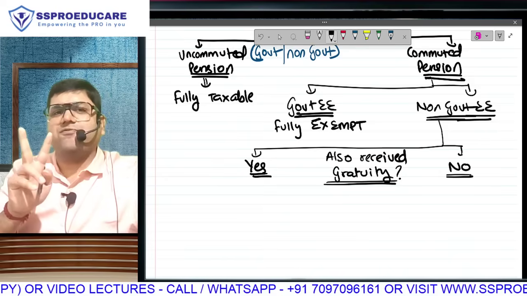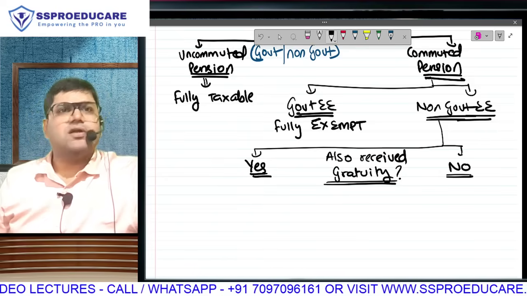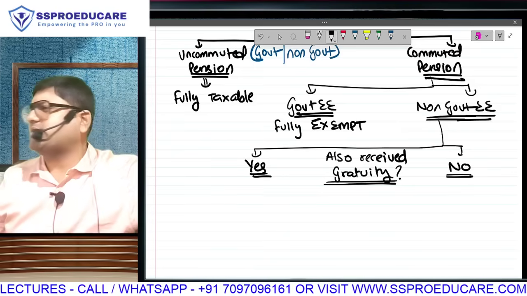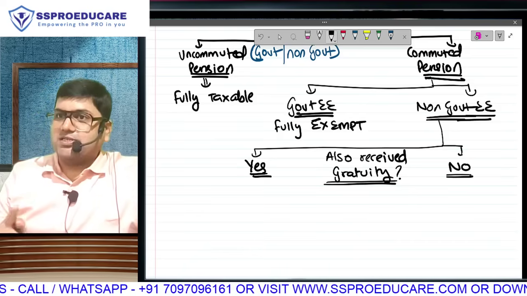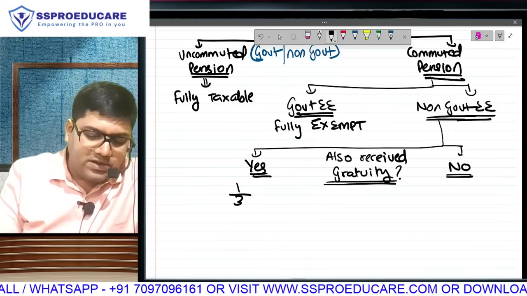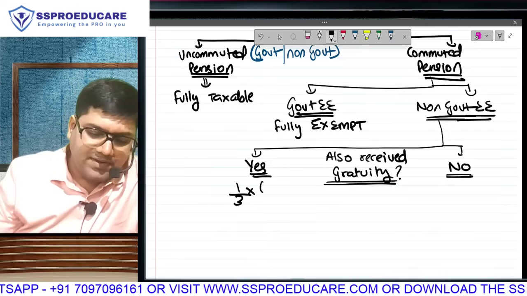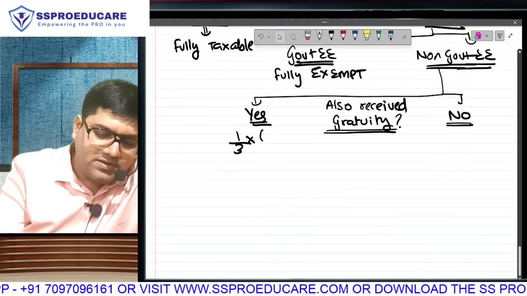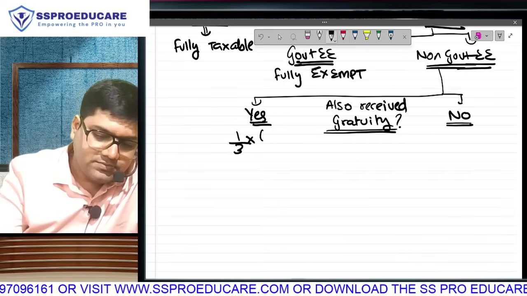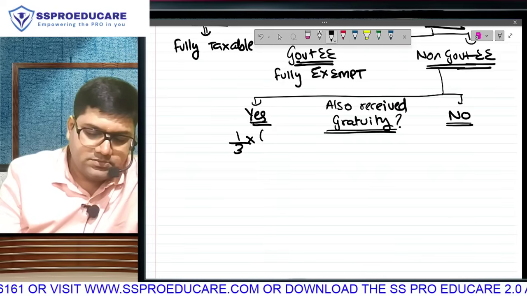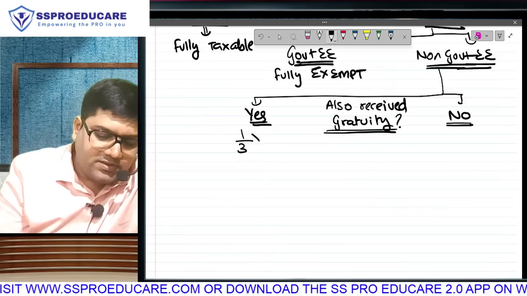Think about it. We just have to compare these two people. Pension, both of them are receiving, but one of them is also receiving gratuity. Who is in a better financial position? A stupid question. When someone is receiving both, obviously better position. Because your position is better, your exemption will be lower. Your exemption will be 1/3 of the commuted value. Any person who has received gratuity also, the exemption is going to be 1/3 of the